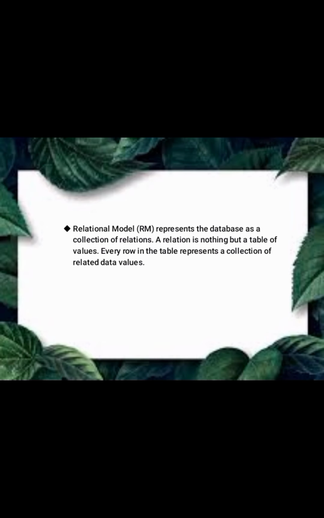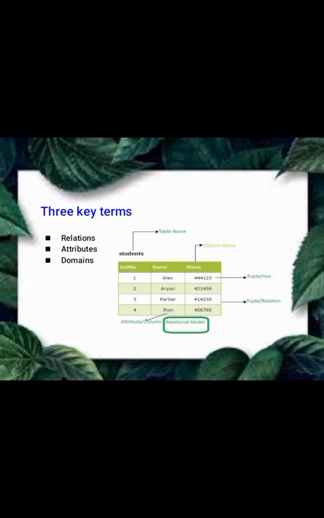A relation is nothing but a table of values, and every row in the table represents a collection of related data values. In the relational model, there are three key terms heavily used: relations, attributes, and domains. A relation is a table with rows and columns. The named columns of the relation are called attributes, and the domain is nothing but the set of values